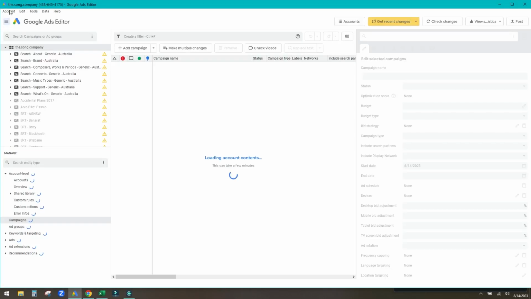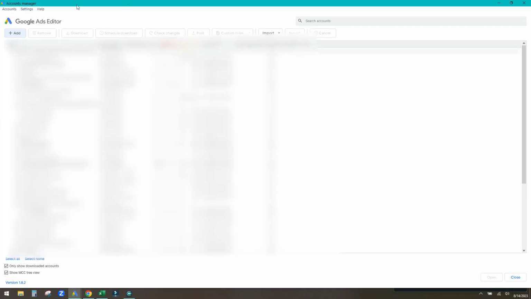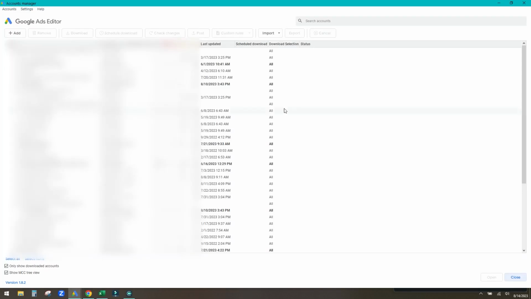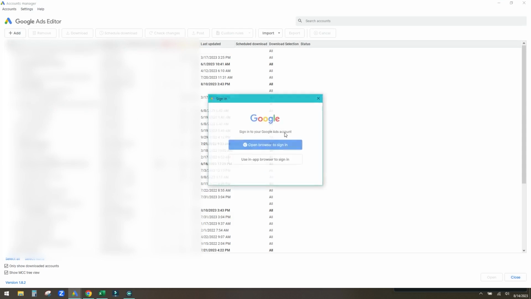Now when you do download this for the first time, you'll generally be presented with an account screen. If you're not, in the top left under account, you want to hit open. Now you'll want to add, and then generally it's easier to open the browser to sign in. So you go ahead and click to open the browser to sign in. You'll sign into your correct Google Ads account, and then it will generally spit out all of your accounts back